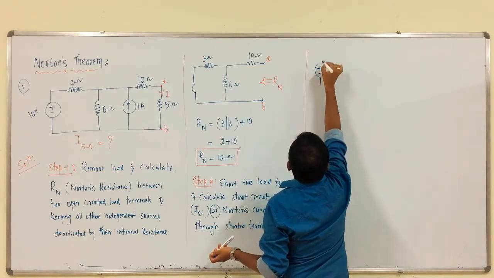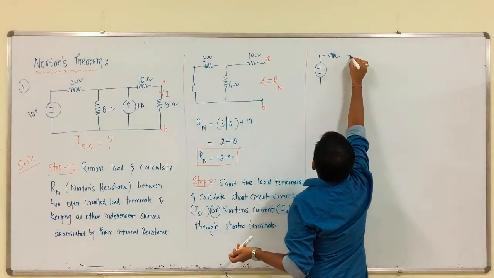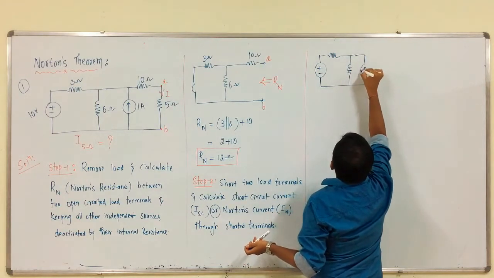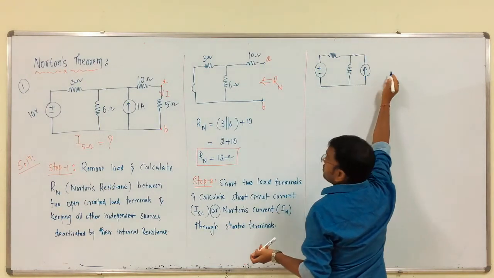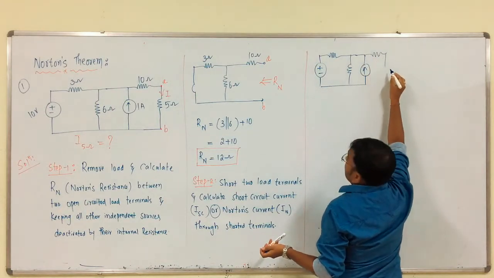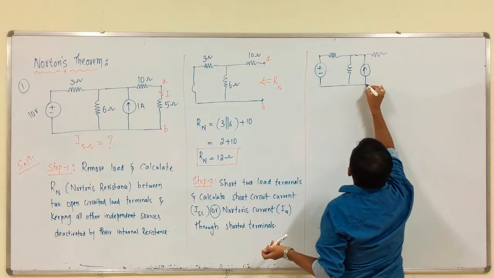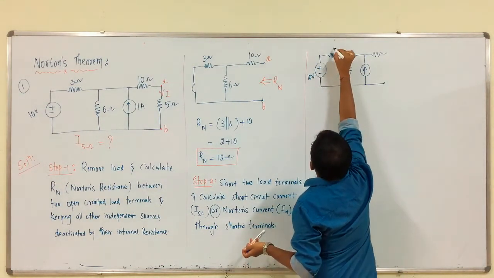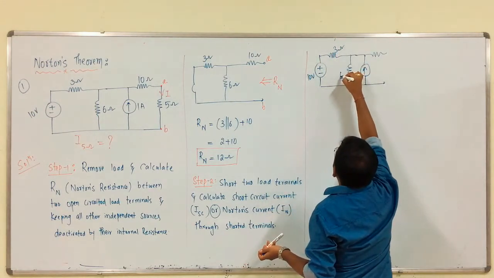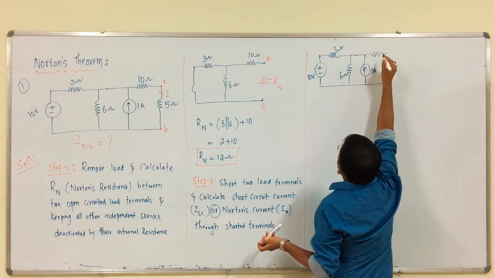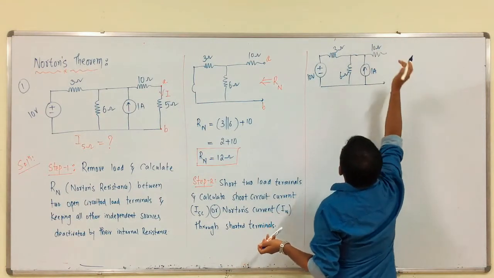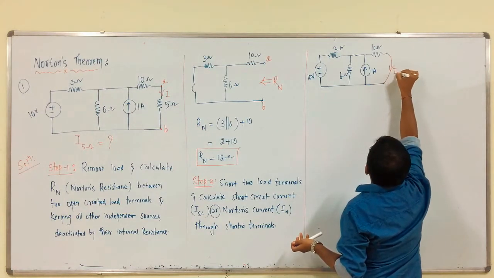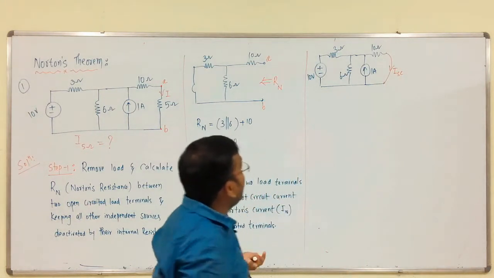You have plus minus, you have this branch, again we have one branch, this is the current source. Next, so this is the given circuit, right. This is given 10, this is 3, this is 6, this is 1 amp, this is 10, right. So, we have to short these two terminals, this is ISC, that is it. We have to calculate ISC.